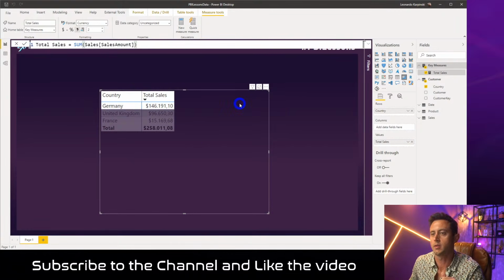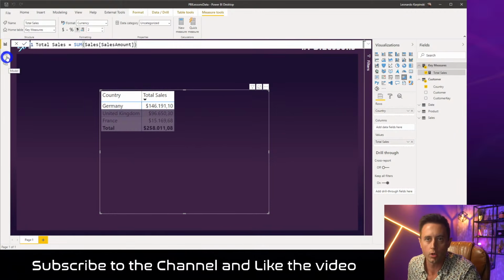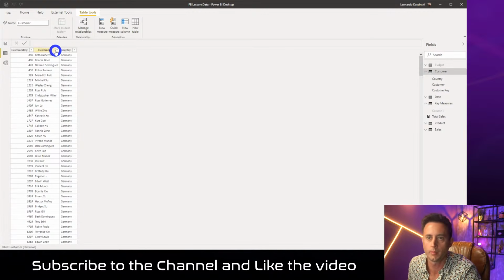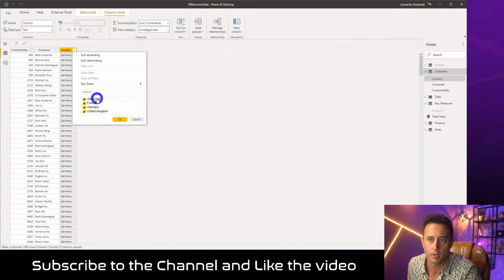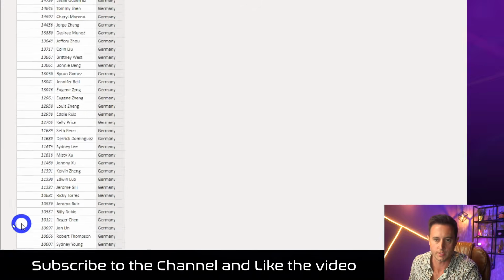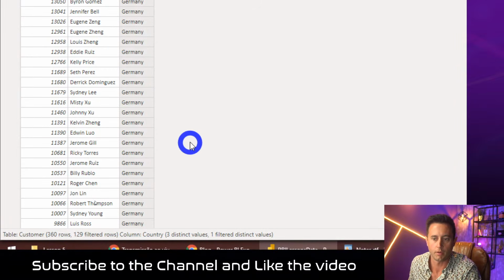That means it can see different rows in my table. It's a different subset of data. For example, Germany is a value inside my country column, and my country column is in my customer table. When I go to the data tab and filter, let me go to the customer table and filter Germany, okay? I have, down there, you can see the number of filtered rows,